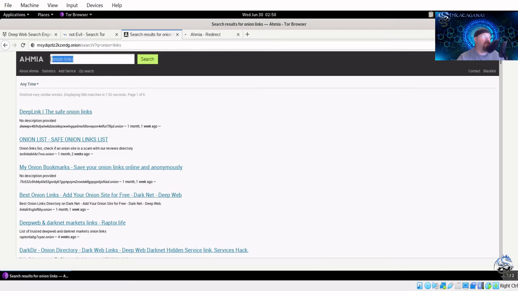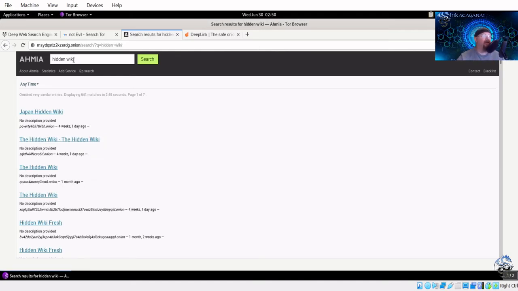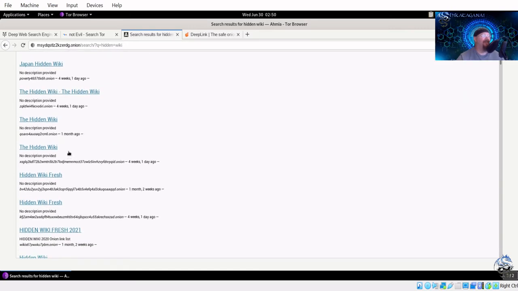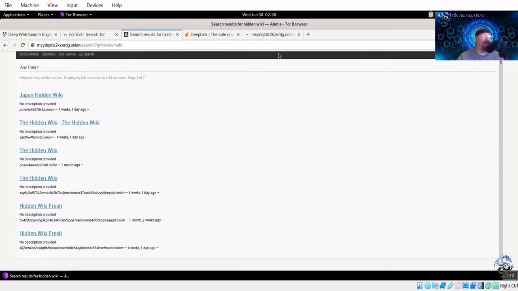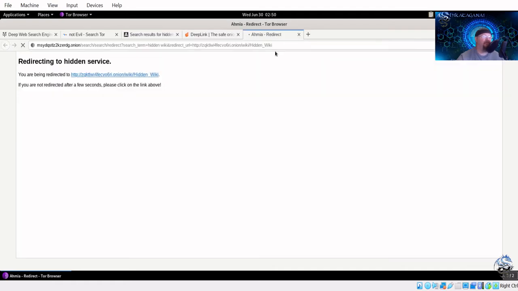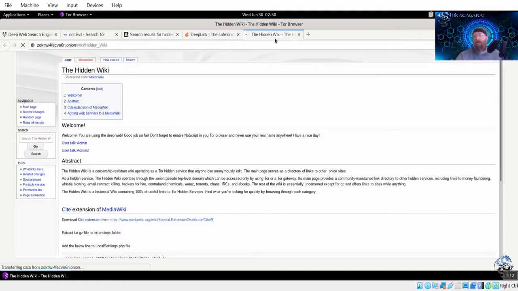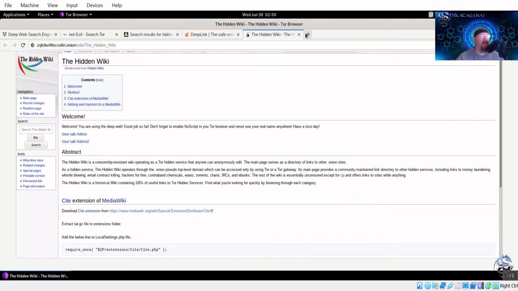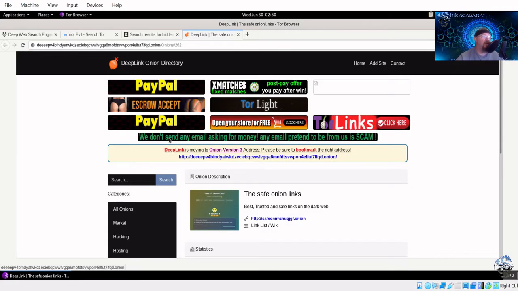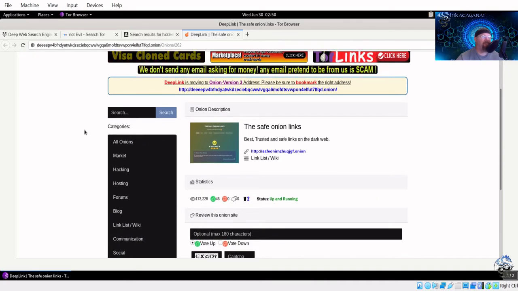And another one we can search for that you'll see sometimes referenced on videos or books is called the hidden wiki. But that one in particular doesn't ever seem to be there. It doesn't even really seem to exist in one location. Nobody can actually tie down the real hidden wiki. As you can see, there's so many different ones. So you can try going to any of these, but sometimes they're just not there. They're not real. But this is another one here, and this one actually didn't really have much information, so I don't really care about it. All right, so let's look at the deep link one here.